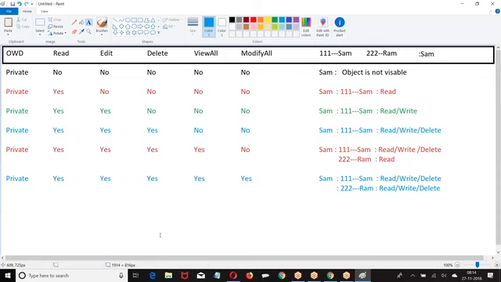I hope you are good with this. People are good with this example. Clear for everyone? So we need to have permission at object level as well as at the record level. If you have permission at object level and record level, then only we are going to get the permission on a record. Right? I hope everybody followed. It is a combination of object level permission with the OWDs, which will give you overall access on the record. Clear for everyone? Clear? This OWD is only for controlling the record level.